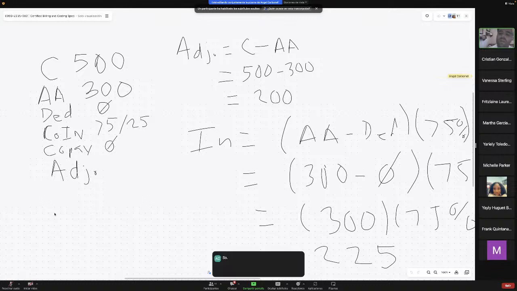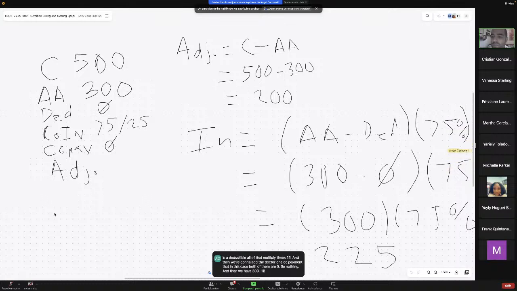So as we do this, we just change or input the numbers. Allowed amount is $300 minus 0, that is the deductible. All of that multiply times 25. And then we're going to add deductible and copayment, that in this case, both of them are 0, so nothing. And then we have 300